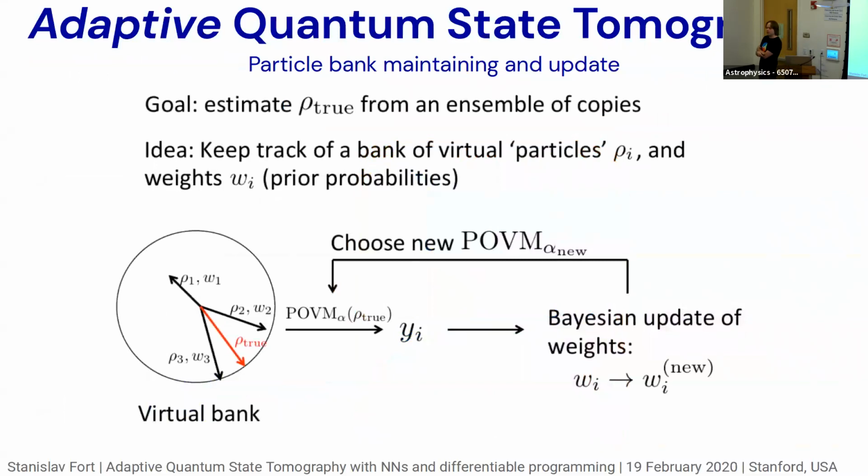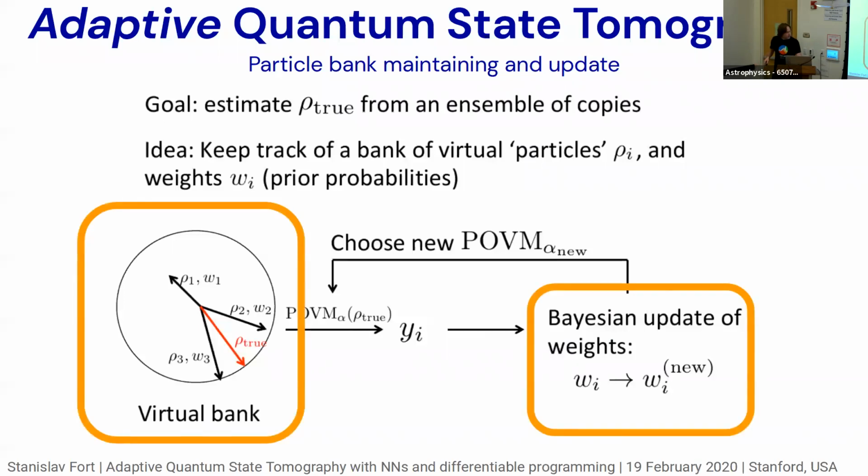The way it actually works in that algorithm, and this will be a feature we will reuse in our deep learning algorithm, so I'll go in depth with this step, is that they maintain a thing called a particle bank. A particle is not used here in the sense of particle physics. A particle is just a guess for your solution. It's a particle in the sense of particle filter in EE, for example. So they have a band of particles, particle 1, 2, and 3, with different weights associated with the particles, and then they combine the weights using a weighted average or some more clever technique to get a guess for what the true solution is. And every time they get a new update, they update these W's